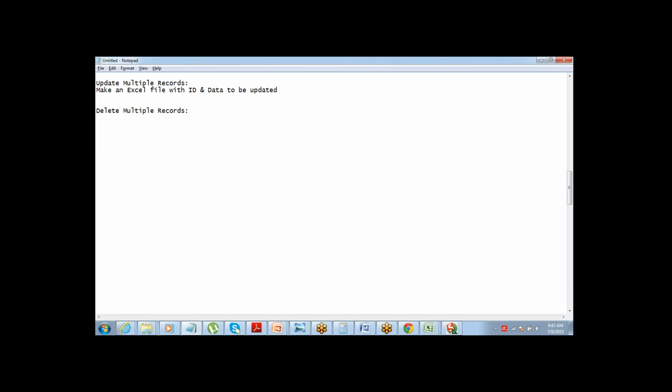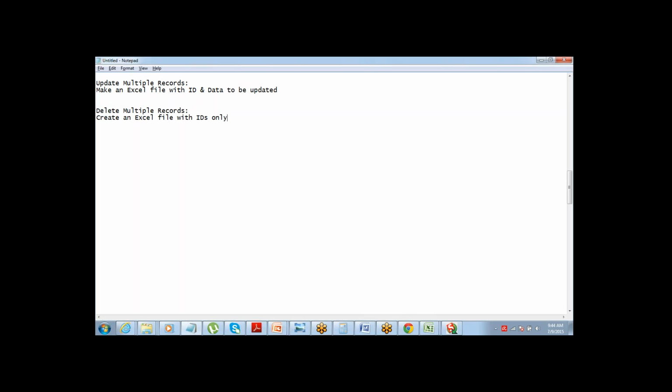Okay. So for deleting multiple records, you need to create an Excel file with IDs only. Okay. So again, the same concept. If I ask Salesforce to delete a few records, to give the reference of those records, which field I will need?